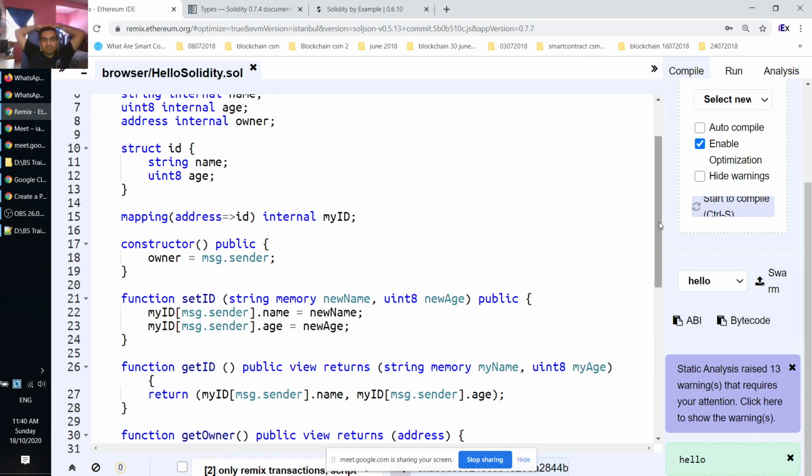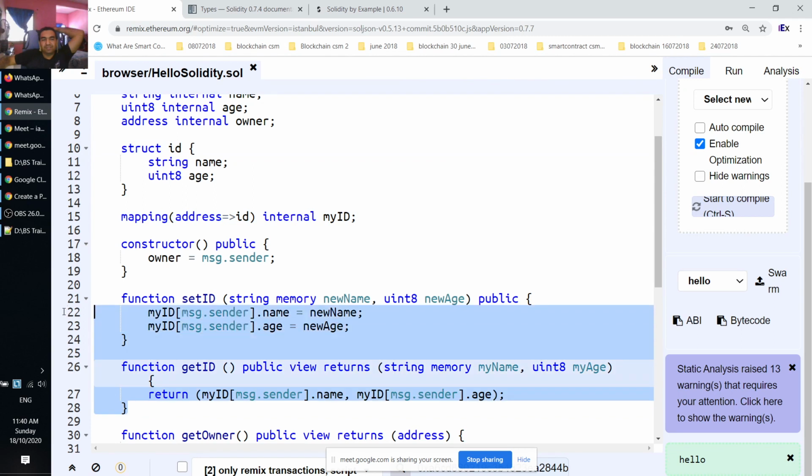So we create one structure ID, with this one ID, and then we create a mapping of the structure ID, address to ID, and when we declare the function,